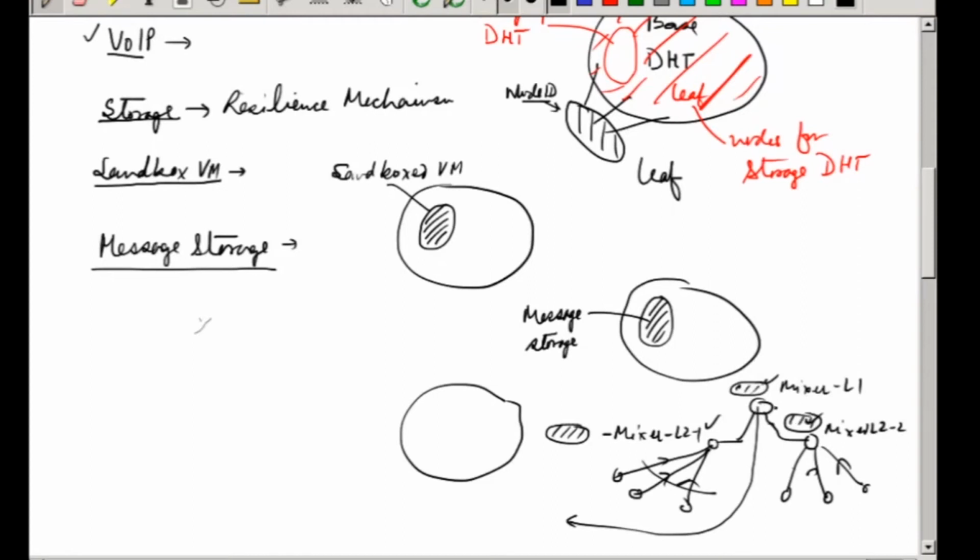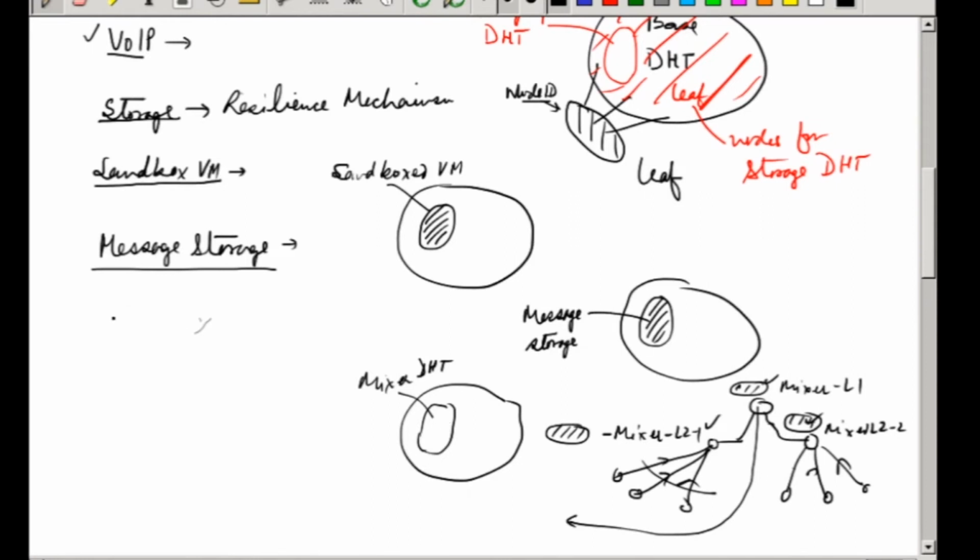Now who will become the mixer? Not everybody. There will be some nodes willing to say that they are going to become a mixer. So there is going to be a mixer DHT in that case. They will act as a bridge, a conference bridge. Everybody can communicate to them, they will mix, and then it is going to be broadcasted. How this broadcasting will be done, I will tell in one of the next lectures.